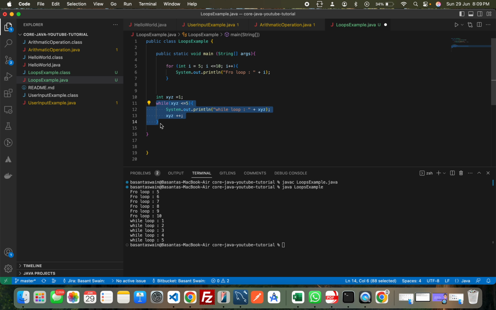But we have some requirements where the condition may or may not be met, and we have to run the loop at least once. We have to run the loop once without any condition. In that case, we use the do while loop. So let's create a do while loop so that you get a better understanding of how it works. We will take the integer variable as int i equal to 1,